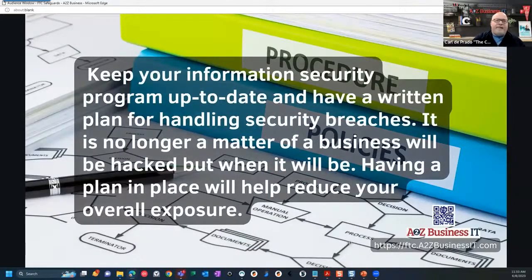And then we've been talking about this written information security program. Before, it was a static document. You'd set it once and you were done. This is now what we refer to as a living document. It means that you're going to be doing these reports and you're going to be doing revisions to this. Even if you're running all the tools and you have your staff trained, you still have people in the mix, and they have to be right 100% of the time, and the bad guy only has to be right once. So it's really not a matter of if your business will be hacked or breached. It will be when.